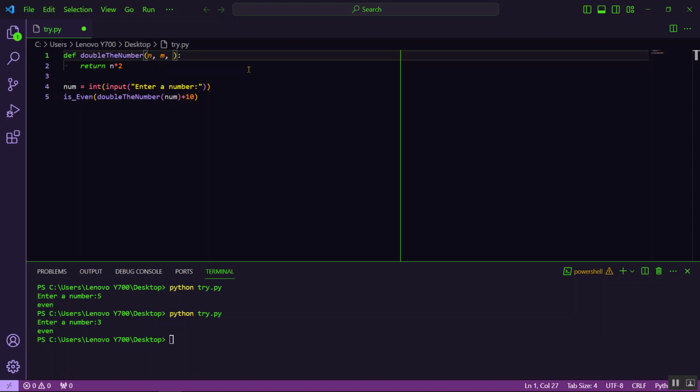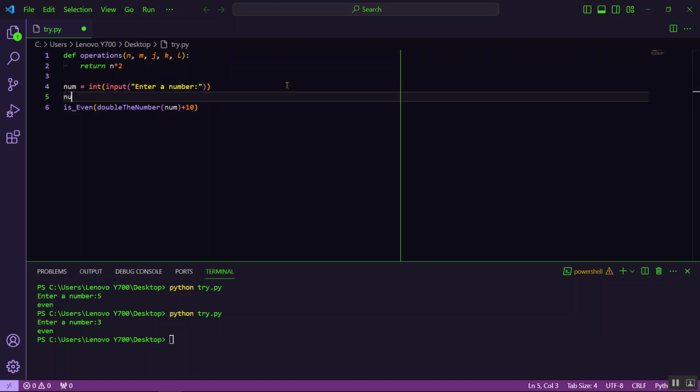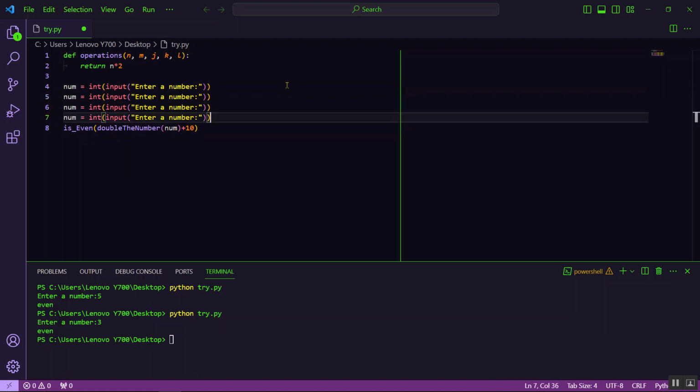Let's say J, K, L, okay? And then you could change the name since you're the one who is actually defining the function. So let's say operations. Now input a number. So num1 equals int. Maybe I could just copy this one. Paste and then paste again, then paste. So num1, num2, num3,